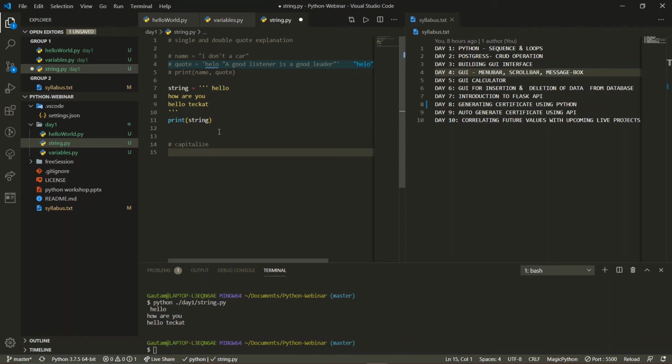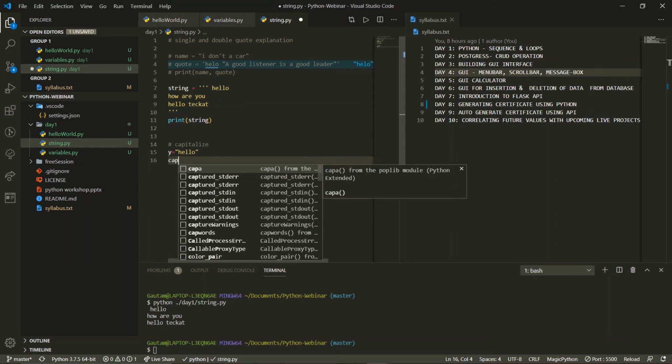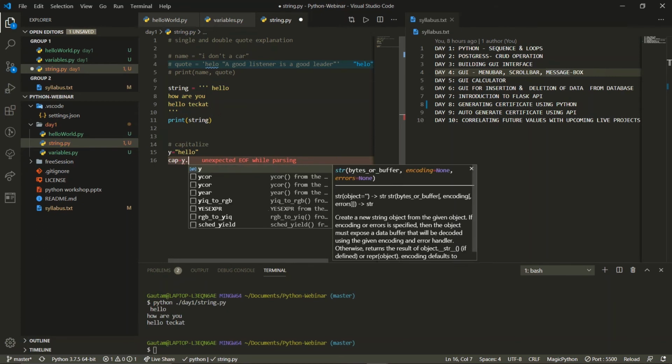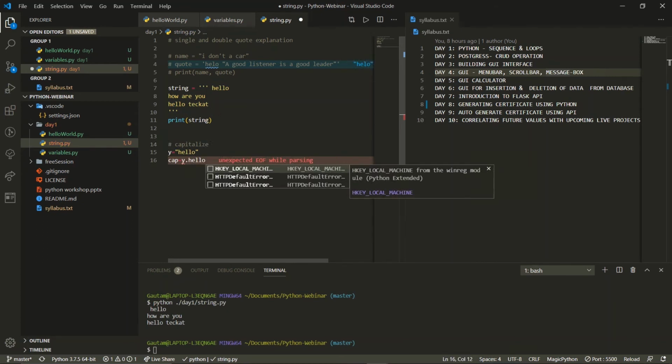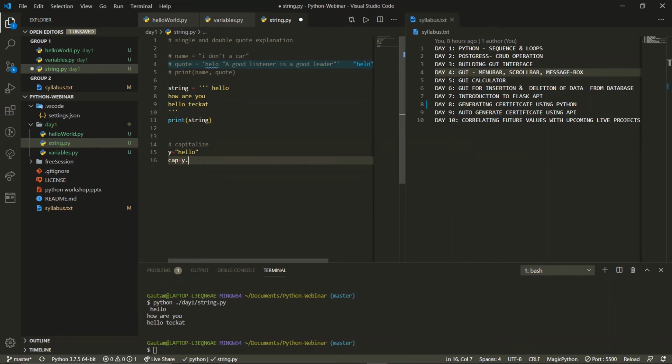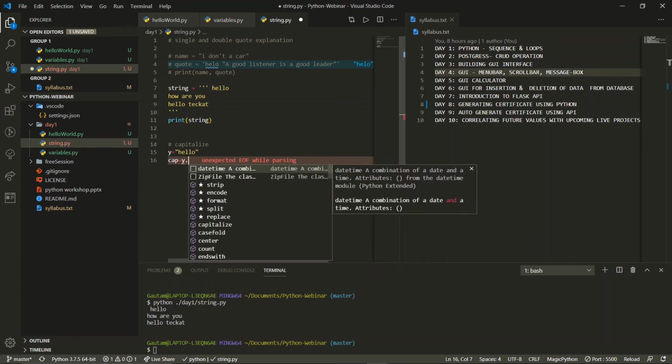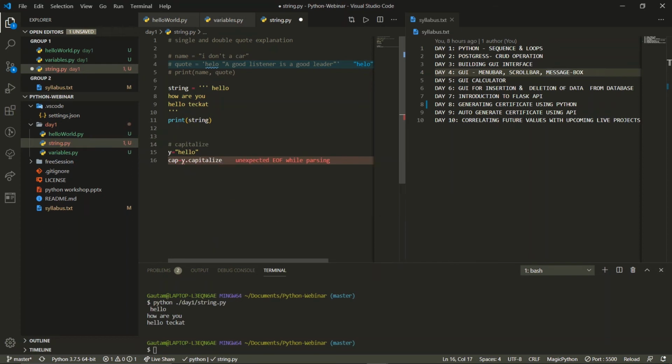We have a variable. Let us take y equals hello, and we will just capitalize this. So let the variable be cap equals y dot capitalize.